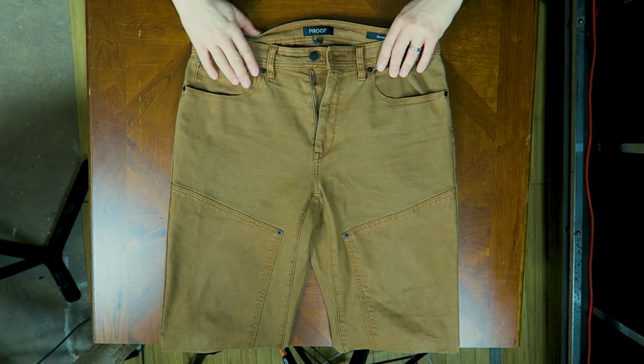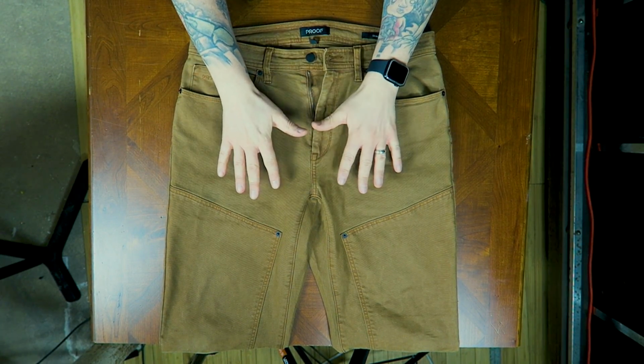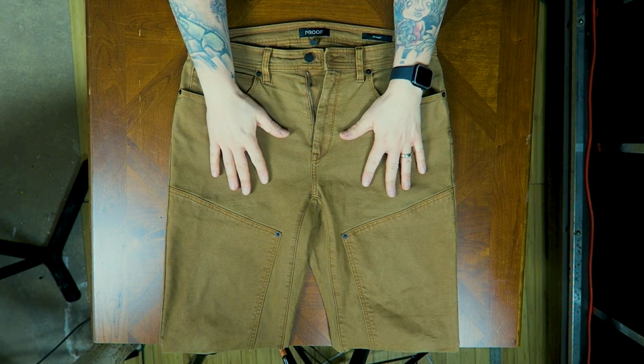I came home from work and I didn't want to have these soaked for the review, so I did throw on a pair of my weekend jeans to take Duke for a walk, because I'm sitting here in soaking wet jeans, so my Rovers were dry. Anyway, so they have been wearing very, very nicely. They feel really great. They feel just like my single knee version, just in a straight fit instead of a